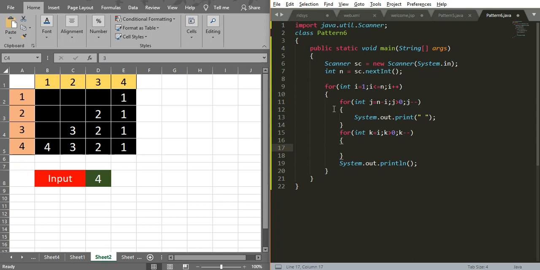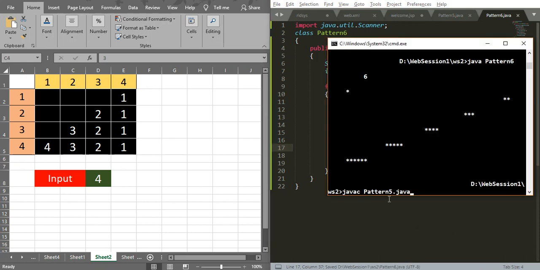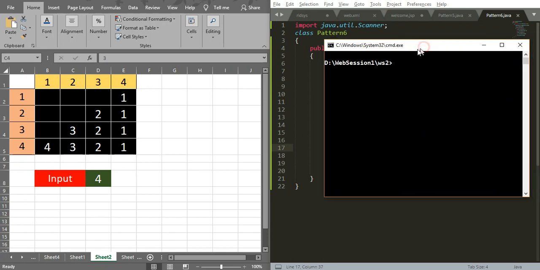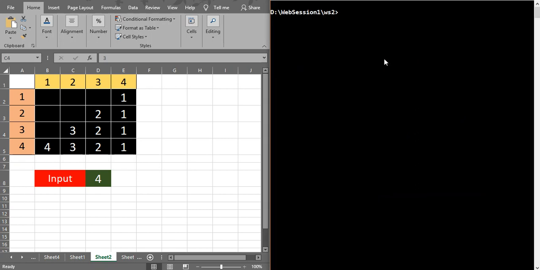So within this, I'm going to print System.out.print k. Okay, so I'm going to clear the screen. javac, what is the program name?